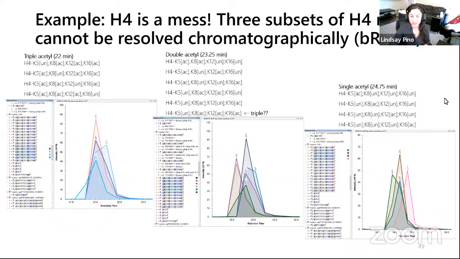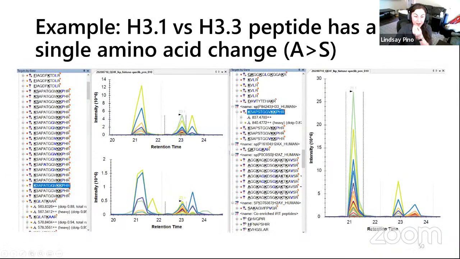There is also, I mentioned how when we age, there are different variants of histone proteins being incorporated into our chromatin. So here I'm comparing histone H3.1, one histone H3 variant, with histone H3.3, another variant. There's a single amino acid change, an alanine to a serine. So when we look at this peptide sequence in one protein versus another protein, there are 3 peaks here. Which one is correct? There's a slight mass to charge shift, but which one of these peaks is the right